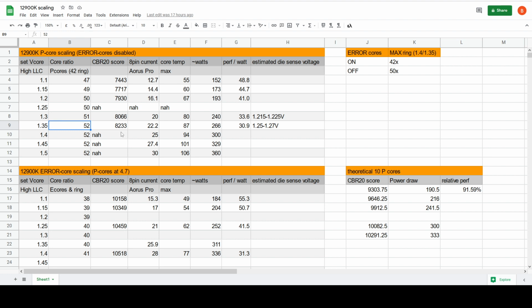Yeah, and the thing that we can notice from the scaling behavior is that if you do not get whatever frequency you're aiming for with less than 1.3 volts die sense, you are not hitting that frequency, right? Because we have pretty good scaling up until 1.35 volts, which, the reason this is estimated die sense voltage and not measured die sense voltage is because currently HWiNFO does not have support for the RAA229131